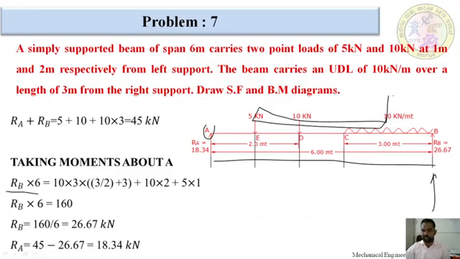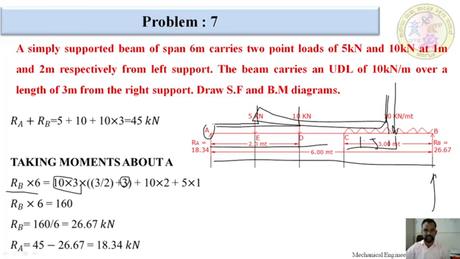The downward forces are this one, 4 into 3, and we have to assume that this point load is acting at the center of the UDL. From here to here 1.5. This is 1.5 plus this distance is 3. This distance is 3, and 3 by 2 is 1.5, and this is the conversion of 4 into 3 into a point load. First we have converted the UDL into a point load. Okay, next, 10 into this distance, 10 into 2.